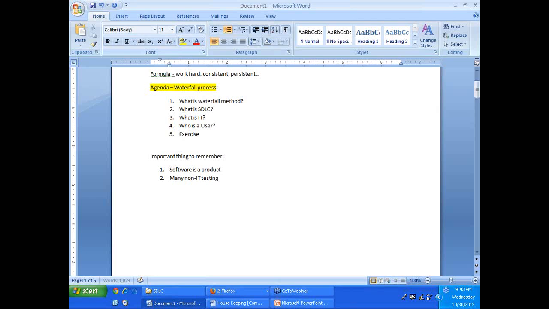Many non-IT testing concepts are in IT testing, and similarly, many non-IT BA concepts are in IT BA. This is an important concept to remember. So with that, when we are looking at the waterfall method,